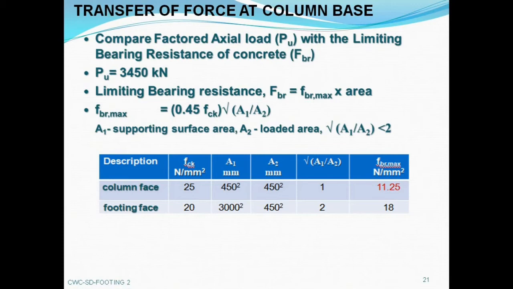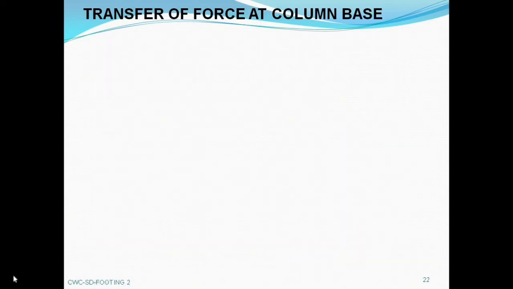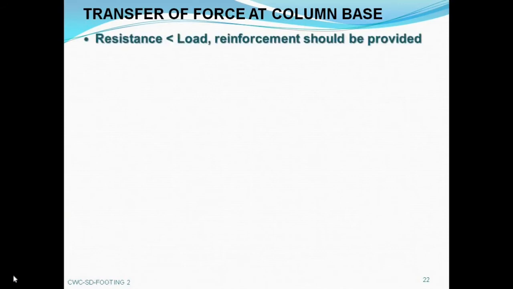Since it is resistance, we have to consider the lesser value. Lesser the resistance, more is the failure chance. So, we can calculate limiting bearing resistance FBR as 11.25 into 450 by 450, that is column area. We will get the value of 2278 kilonewton, which is less than our factored axial load. Since the resistance is less than the load, the reinforcement should be provided